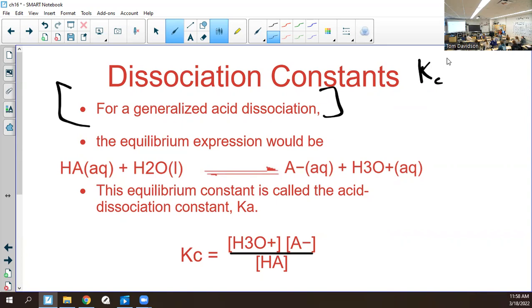So here we go. Just a general acid. We would have HA. When you go to college, they use HA a ton. They hardly ever talk about a specific acid. H just means hydrogen, and A just means the anion of whatever that acid is. So whatever general acid plus water dissociates into the anion, which we have a name for, we call it the conjugate